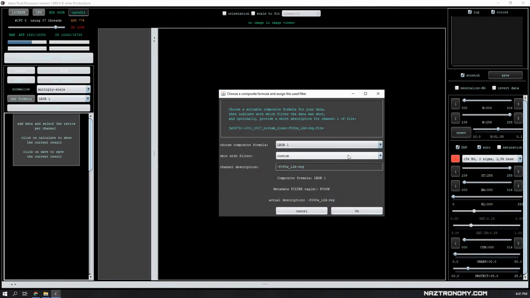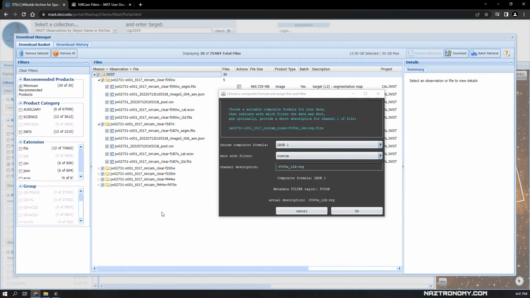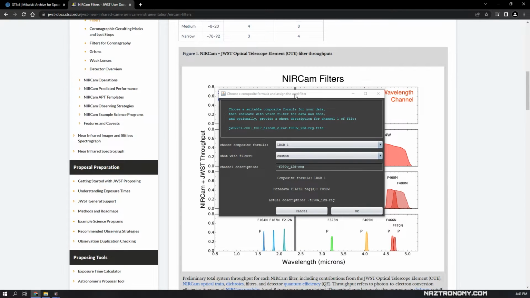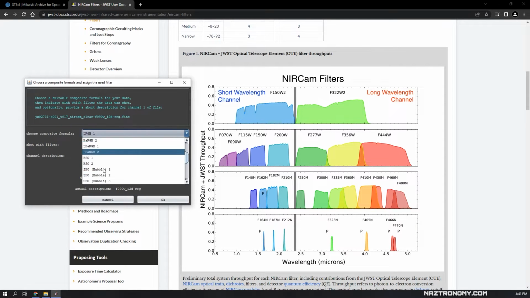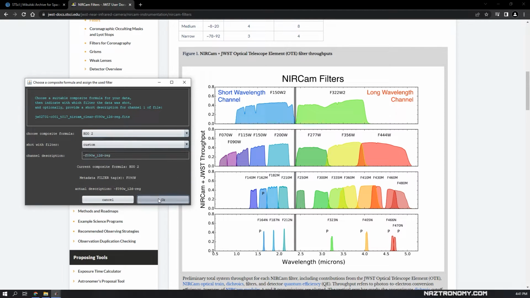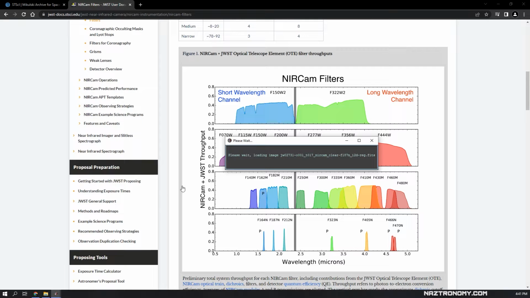So it's going to look at 090 first. If you look at the color map here, where did it go? You'll see that 090 is to the purple side. So I'm just going to leave it as custom, but I will change the formula to HOO, H-O-O, for now. We can play around with them later. Next up will come